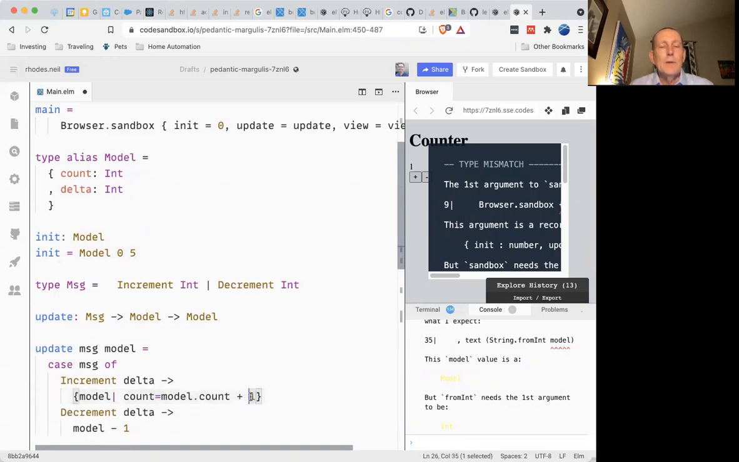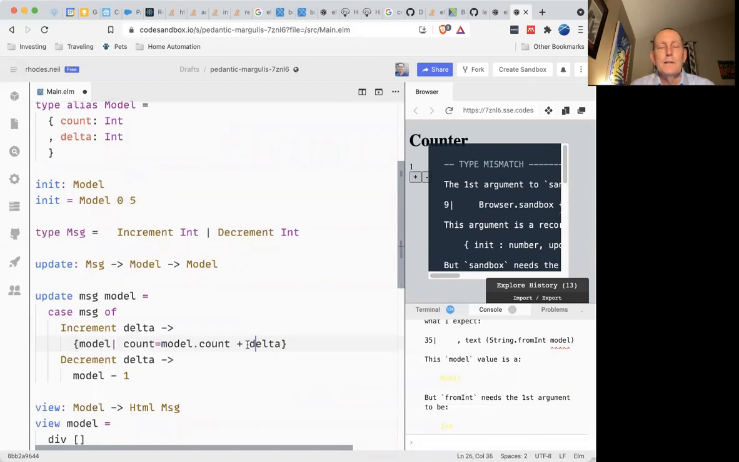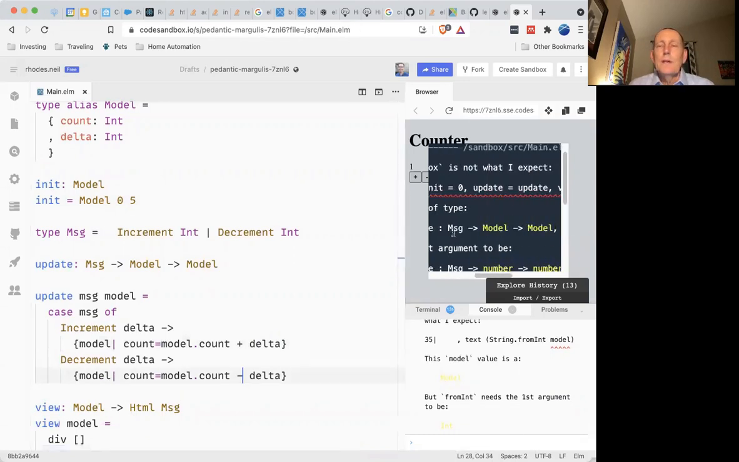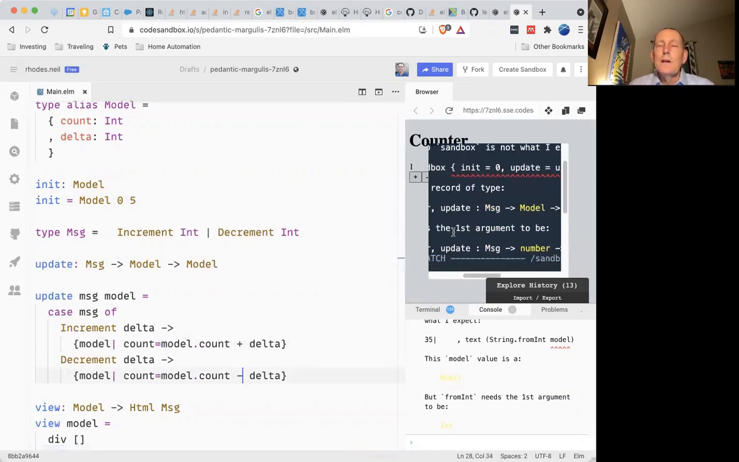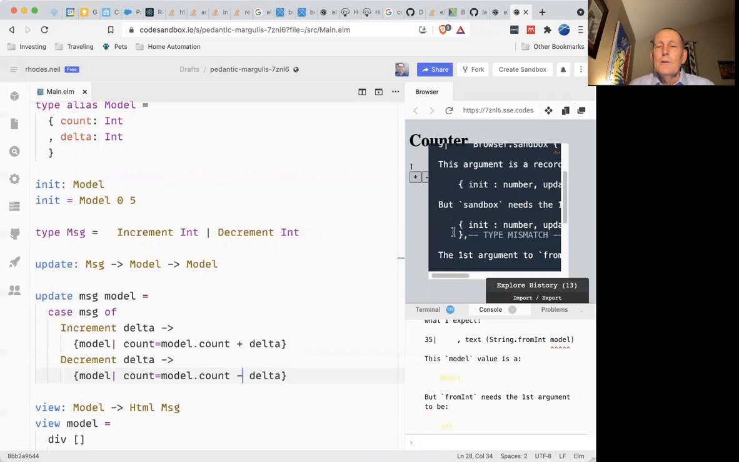And we don't want the +1 because we want to actually update by the delta. We want to use the delta that's coming in here. I suppose we could also use model.delta. It would really be very similar. We're going to do this with a -delta. We're saying init update view. It's not happy. It's not happy because init update view sandbox needs the first argument to be